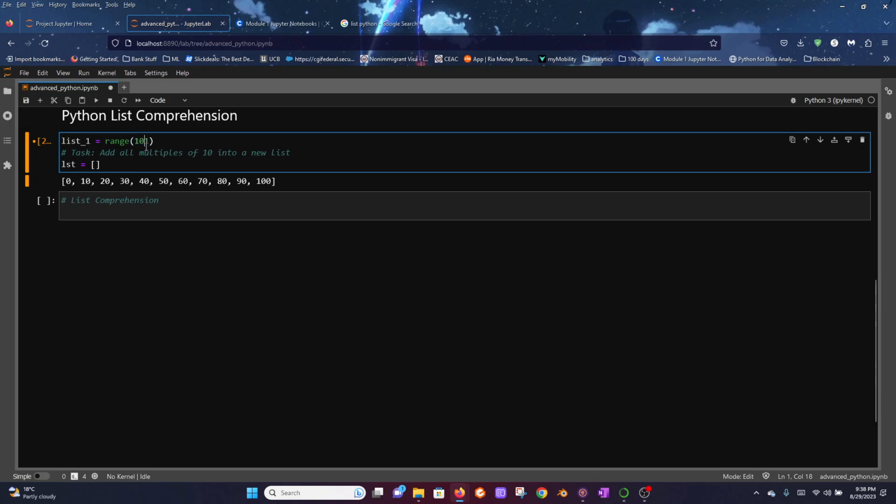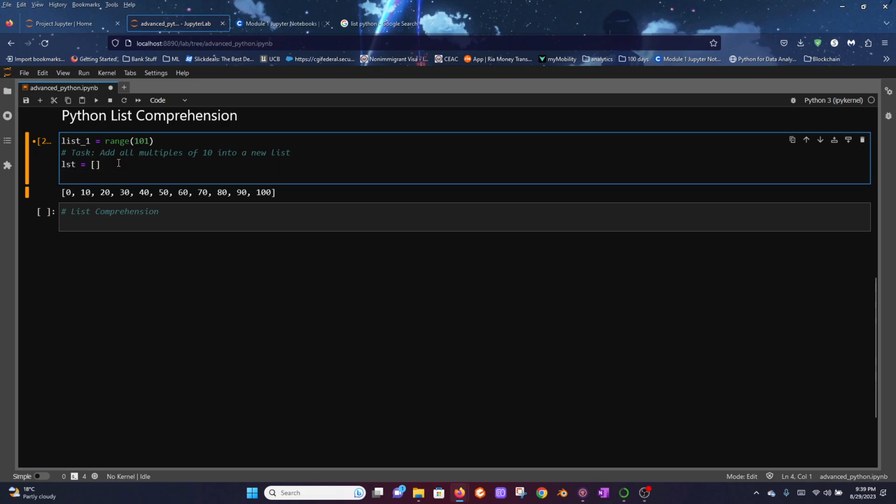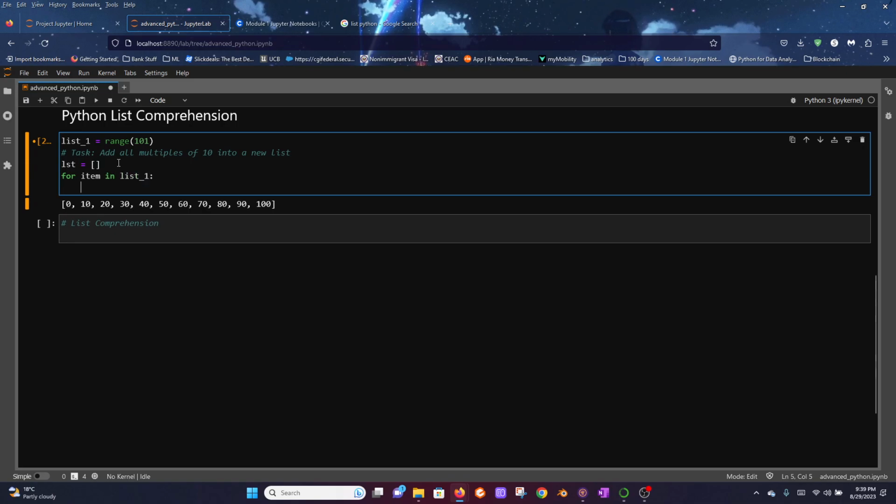Now let's say you have this list and you want to add all the multiples of 10 into this new list, LST, which is an empty list at the moment. The way we can do that is by using a for loop. And then here use an if statement